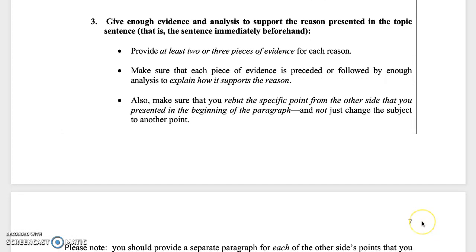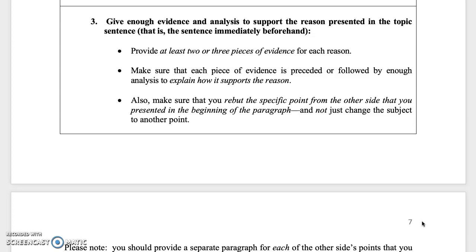And then the rest of the paragraph, which is the majority of it, is where you give your evidence and analysis to support your reason why you believe the other side's point is wrong. So just like with a confirmation, you want good evidence and analysis, so at least two different pieces of evidence, enough analysis before or after to explain why that evidence does support your argument. And also, very importantly, make sure you're staying on point. You want to make sure that you're rebutting the specific point from the other side that you presented at the